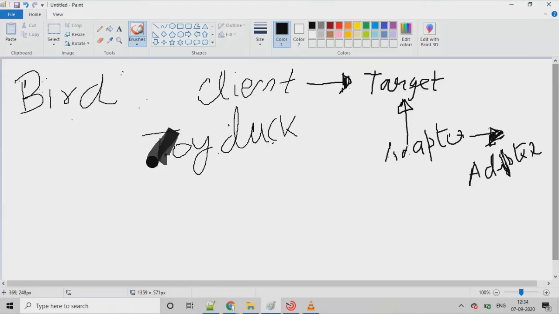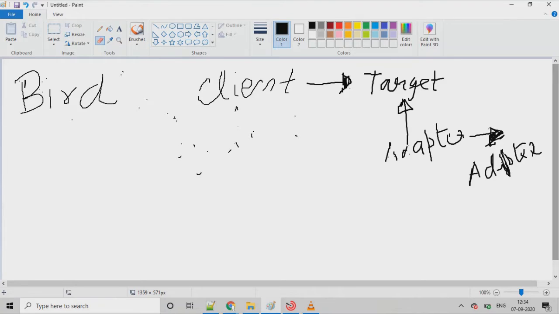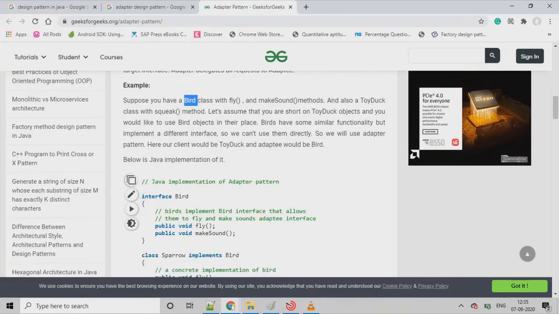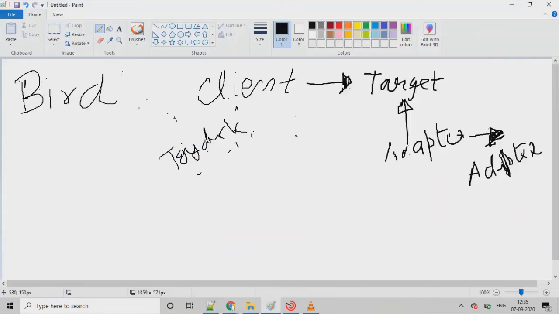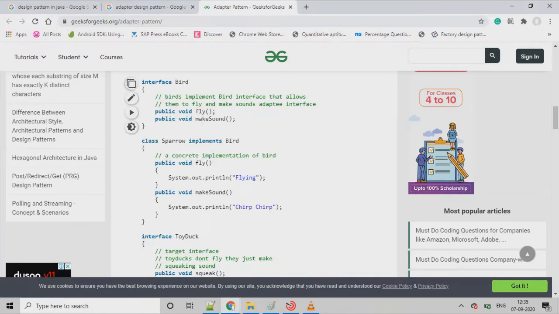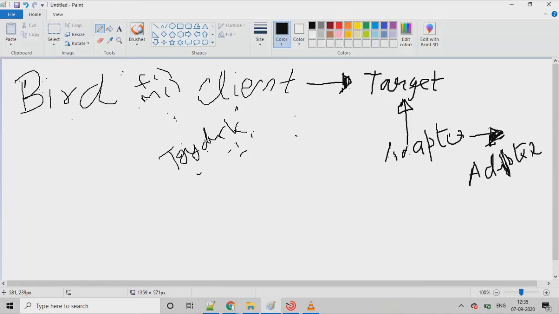If you see here, Twiduck is an interface, and plastic Twiduck is implementing this Twiduck. We also have a bird interface, and Sparrow is the class which is implementing this bird interface. So we have two classes, right? Plastic Twiduck and the Sparrow. So this bird adopter is implementing this Twiduck because this is the target,